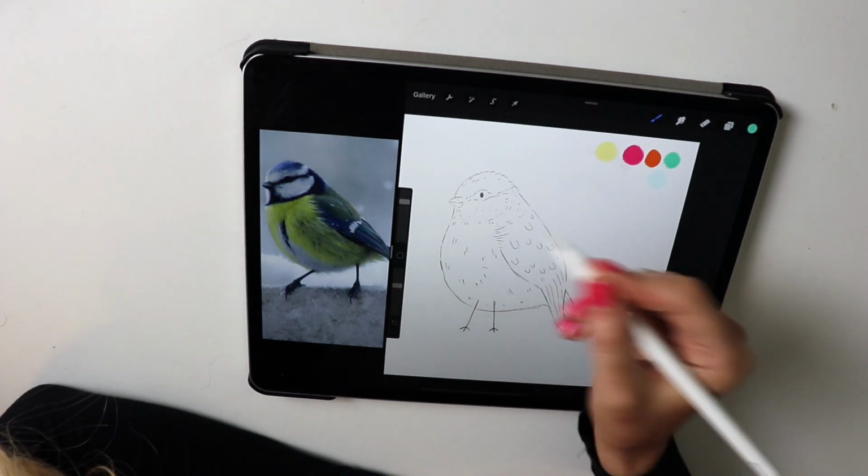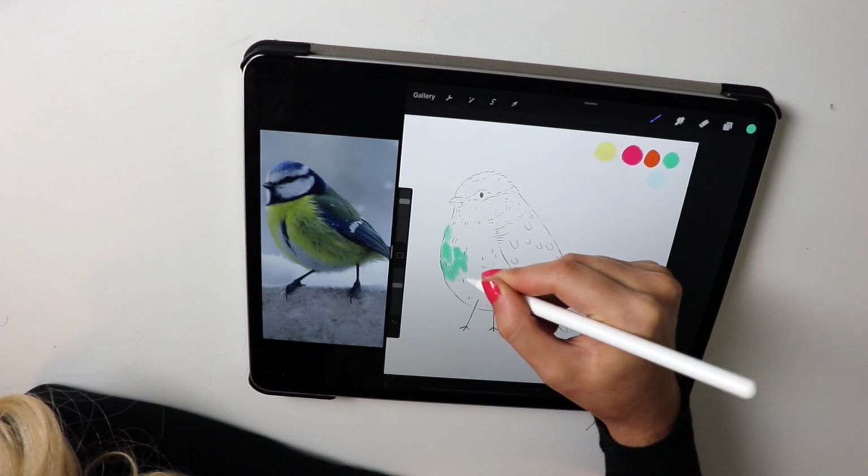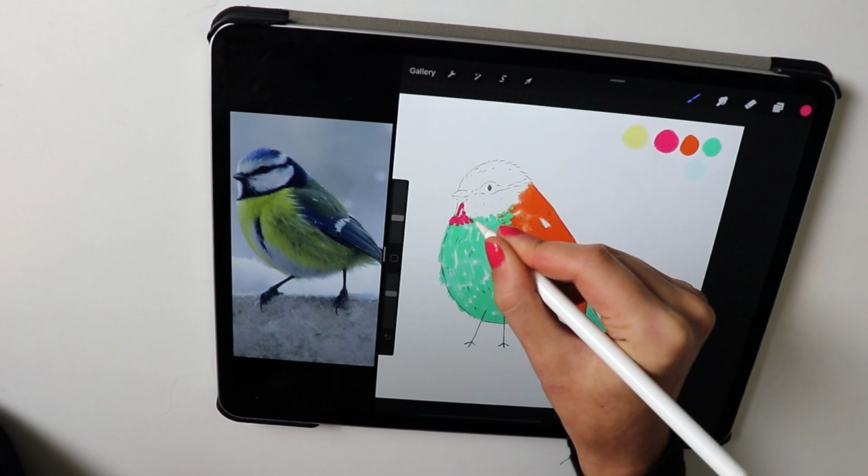I'm just going to turn this opacity down a little bit so that we can build up the colour a little bit more, and then start literally drawing almost like little feathers in. They're not precious or anything like that, so don't worry about it too much. And I'm going to start